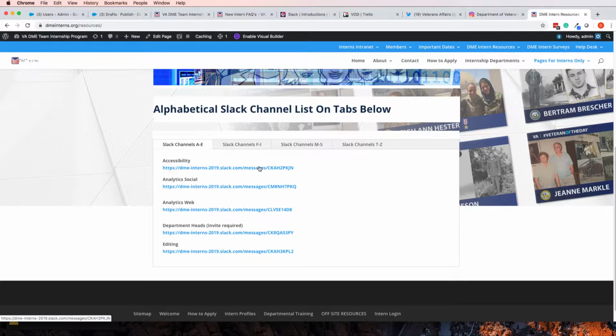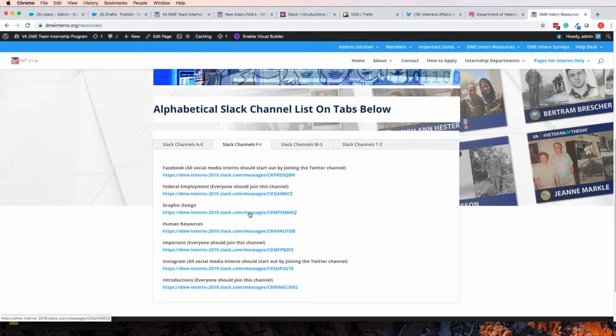So there's an overall Slack team that you join. That is our Slack team, but there are different channels within the Slack team that you can join. One of them might be for editing. Maybe if you're joining the team to be an editor, you can click this link right here and it will take you directly to the editing channel. Maybe you're a graphic designer. You can join the team,